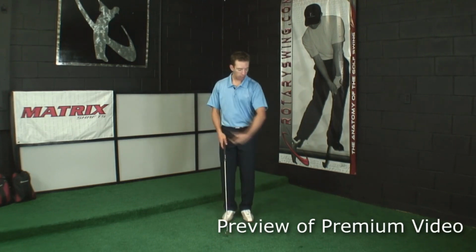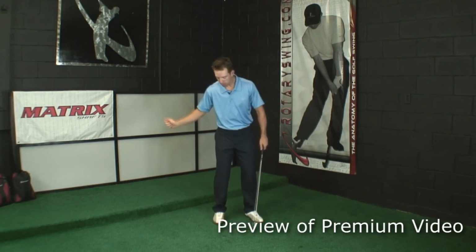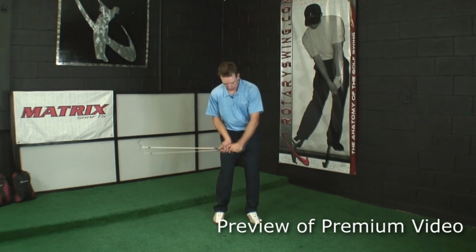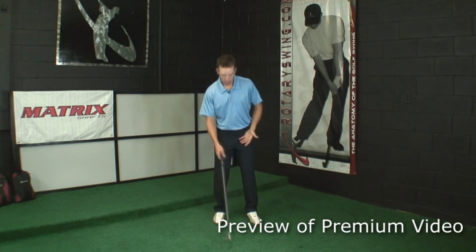The first thing when they're learning how to release this left hand is we take the right hand completely out of the equation. If you're someone who pushes really hard from the right side or flips that right hand, this is critical. You do not skip this step. You want to start learning how to release the club properly to get into a proper impact position. So at first,